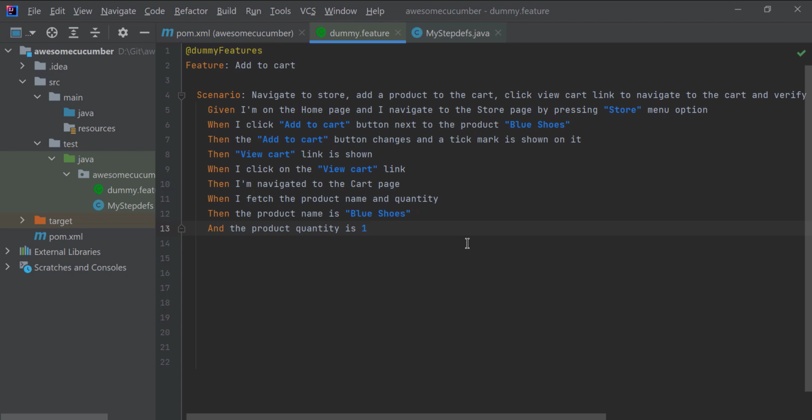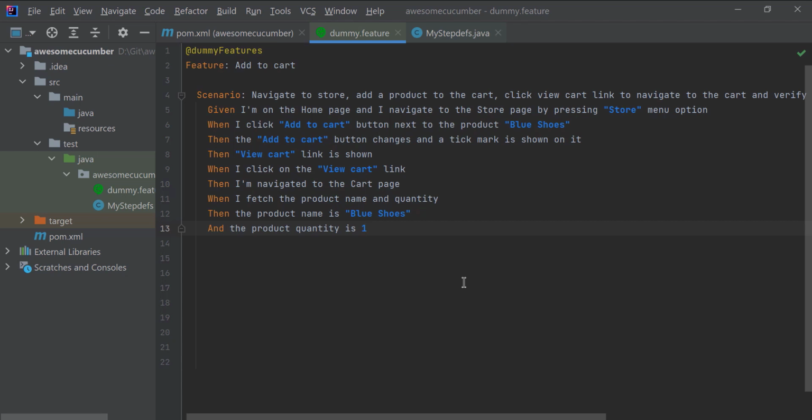It will become unreadable. I have seen scenarios which are like 25 steps, 30 steps. That does not really make sense. Nobody is going to read those scenarios. So the general rule of thumb is, if you find that the scenario is exceeding 5 to 8 steps, then it is an indication that there could be multiple scenarios at play. So in that case, you might want to split the scenario into 2.